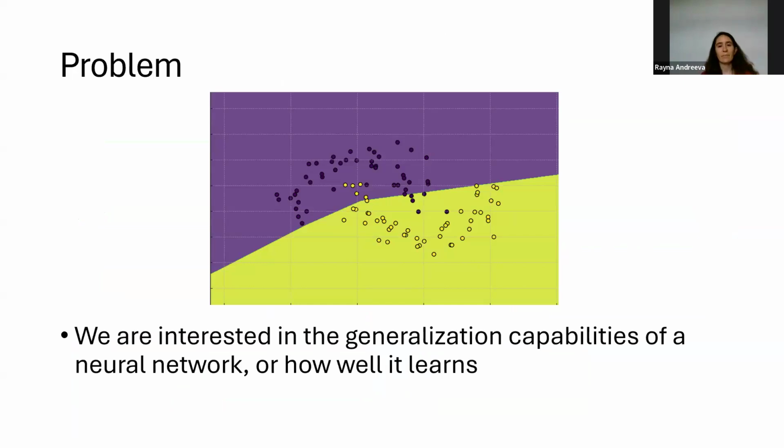Now, let's consider the problem that we are trying to solve. So say that you have a bunch of points from 2 different classes, or in this illustration, 2 different colors. One is purple, the other one is yellow. And the problem here is about trying to separate these points in such a way that the majority of one class are on one side of this boundary, the other class is on the other, and you minimize the number of different color points on either side so that each point is kept with its own color. So in more general terms, what we are talking about is the generalization capabilities of a neural network or machine learning algorithm, but in this case, let's talk about neural networks, or how well a neural network learns.